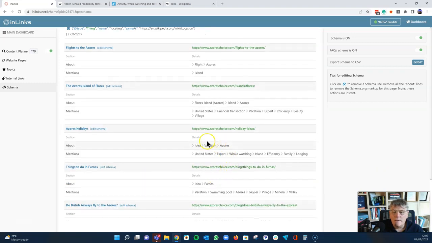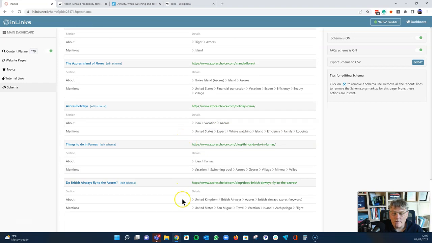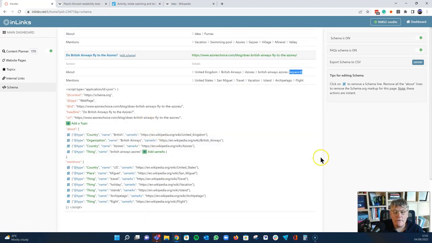So I think we used this page where we used the idea of... no, it was British Airways, wasn't it? So it was this British Airways one where we created a keyword level entity. Here we go. So if I have a look at this schema, one last thing for the experts that have made it all this way,